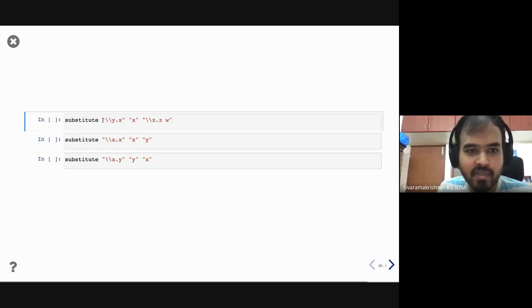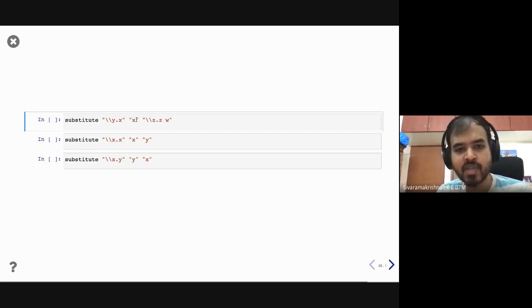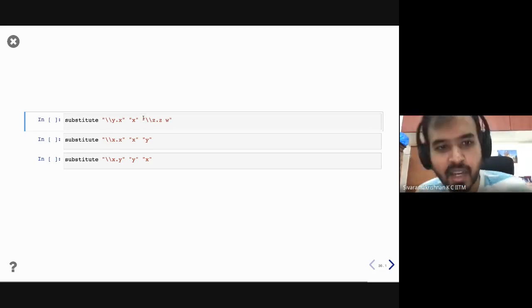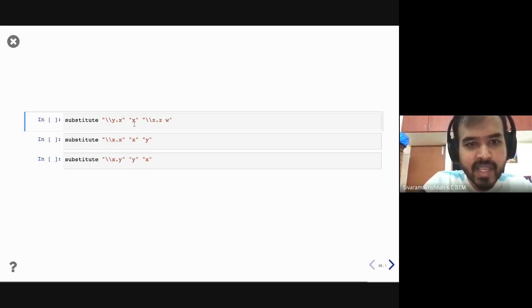This is the term that we are substituting in, right? This is the variable, and this is the term that we are substituting with. Okay, now it's better. So we are replacing the occurrences of x in this term with this lambda z dot